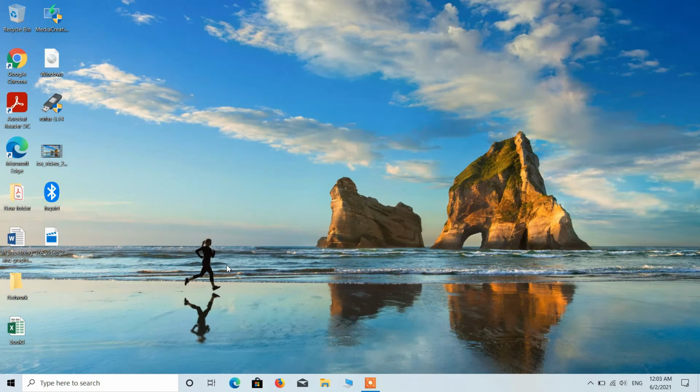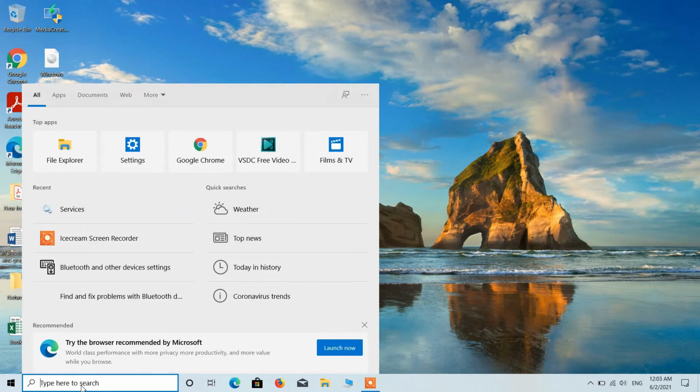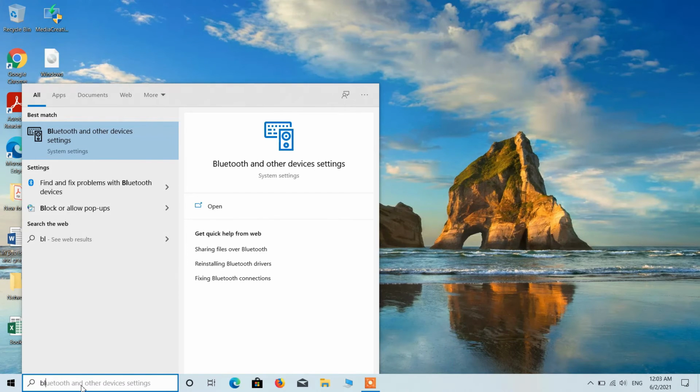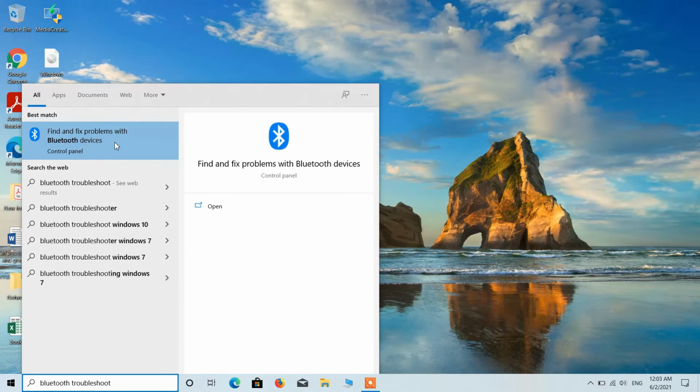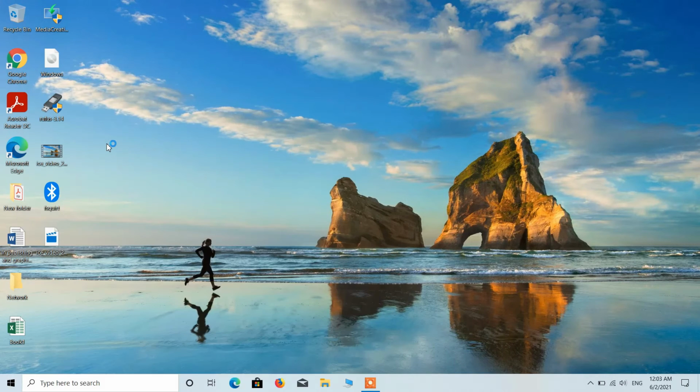If still you are facing problems in sending or receiving Bluetooth files, then the other method that you can try out to fix this issue is go to the search bar and type Bluetooth troubleshoot. Just click on this search result, find and fix problems with Bluetooth devices. Click on yes.